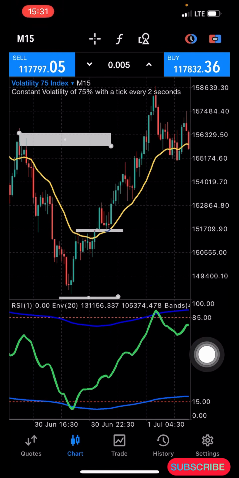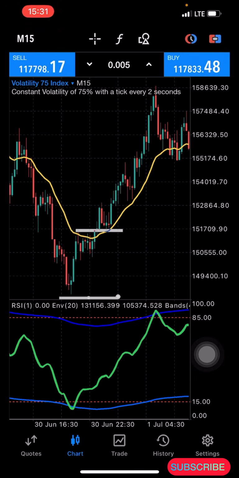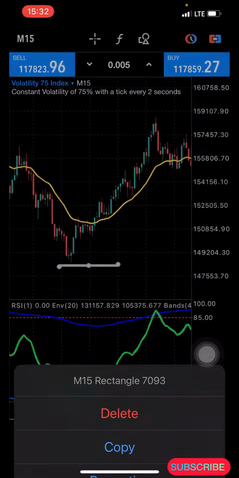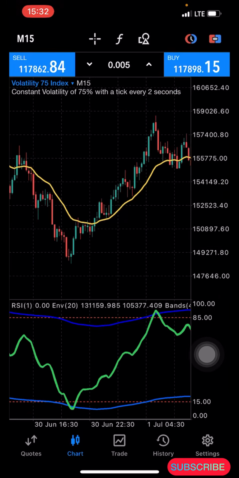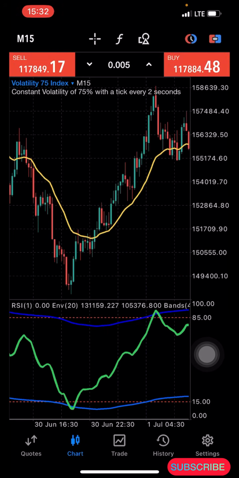All right, so this is how simple the strategy is. This is how you should approach the market with this strategy. All right, so I hope you guys understand what I'm trying to explain here. It's a very simple strategy to understand, and you are going to be applying the same method on a sell trade also. Okay, so before I give an example of a sell entry, let me